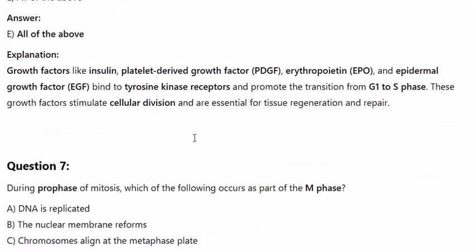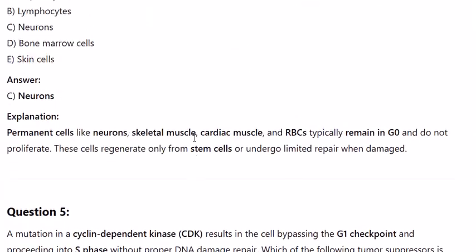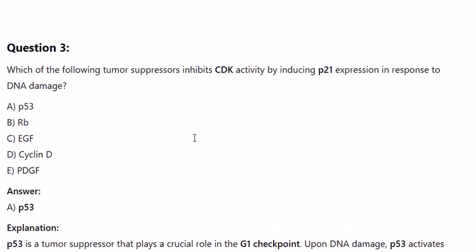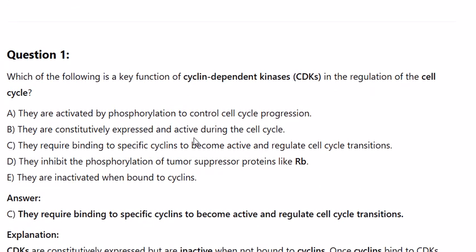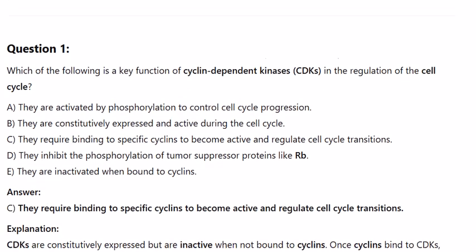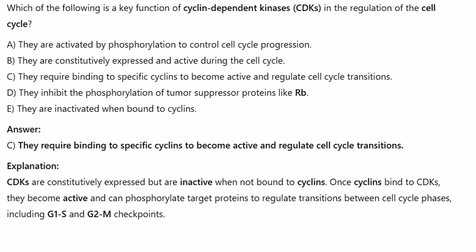Here are 8 high-yield USMLE-style questions, focused on the cell cycle, cyclins, cyclin-dependent kinases, CDKs, tumor suppressors, and cell types. Question 1. Which of the following is a key function of cyclin-dependent kinases, CDKs, in the regulation of the